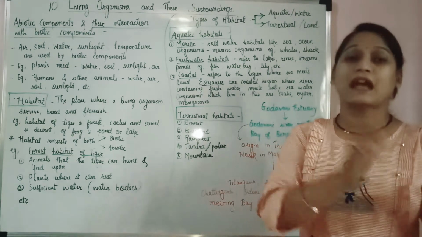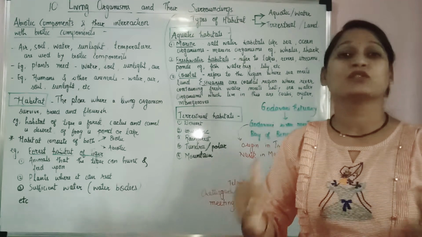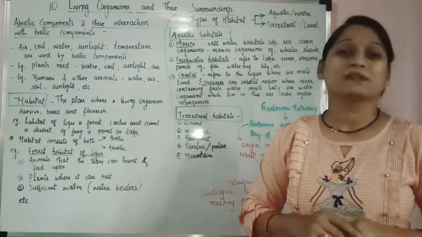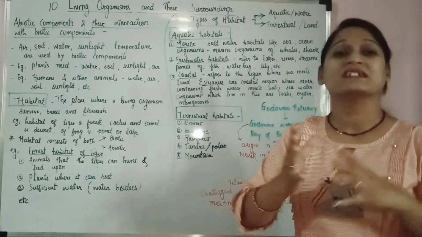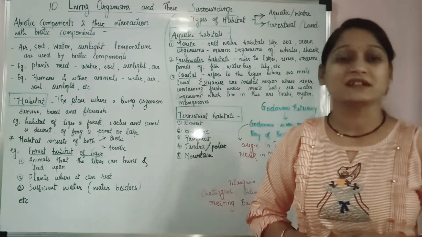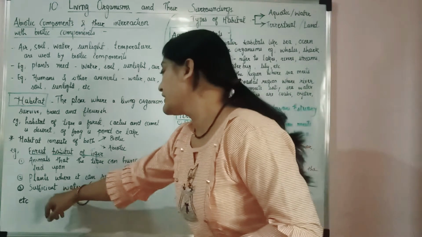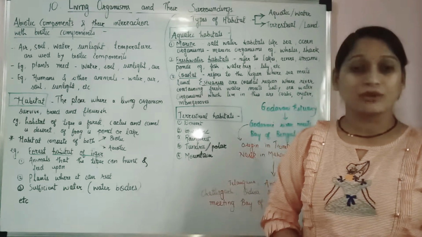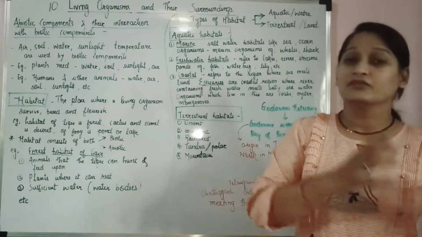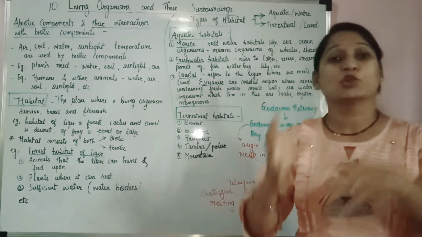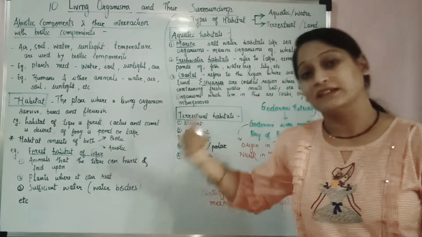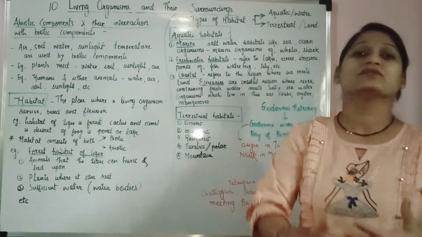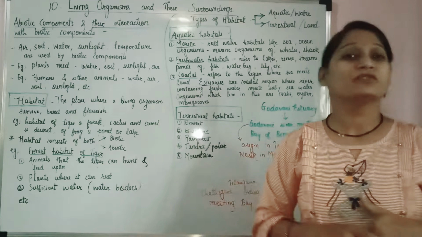So the animals which are staying along with the tiger in that forest are the biotic components. The plants are also present in the forest, which give shelter to the tiger to rest under. Whereas there is a sufficient amount of water, like the water bodies present near the forest, which are abiotic components that are also a part of the habitat of the tiger. That is, the forest habitat consists of plants, water bodies, and the different animals on which the tiger can feed.